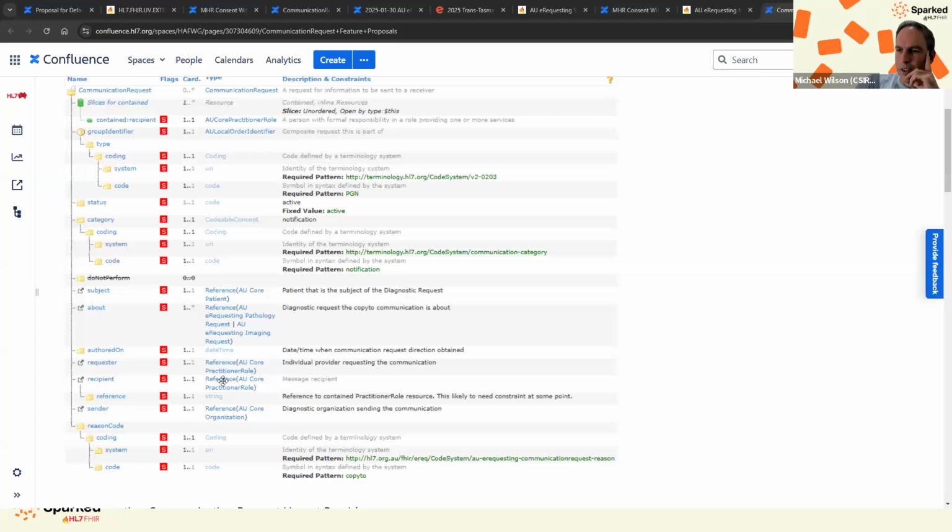So just to summarize, I think we're talking here about the recipient, and currently it's in this proposal bound to an AU core practitioner role. I think what we're debating is whether we add an AU core patient in there and allow you to use a patient or practitioner role for that recipient. I think, Angus, on your point too about what's the minimum requirement for a practitioner, like those details,